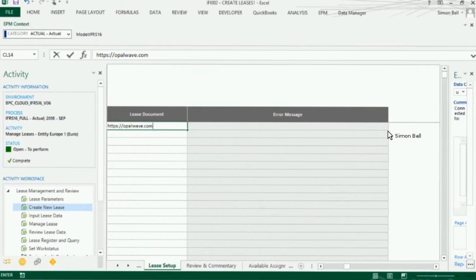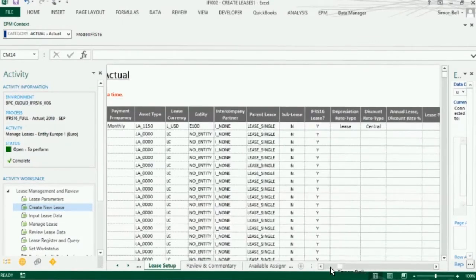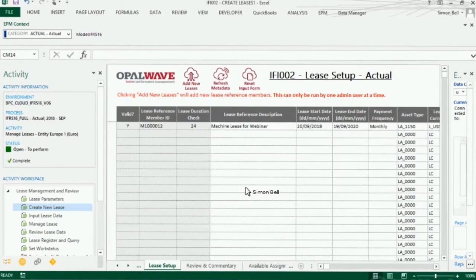So where we have the ability to link to either a lease management system, to a database of lease documentation via a URL query, we can provide that URL link to the documents here, and therefore once we're in the lease and looking at the reporting of the lease, we can actually access all of that information again at that later stage. So scrolling back across to the start point in this schedule,